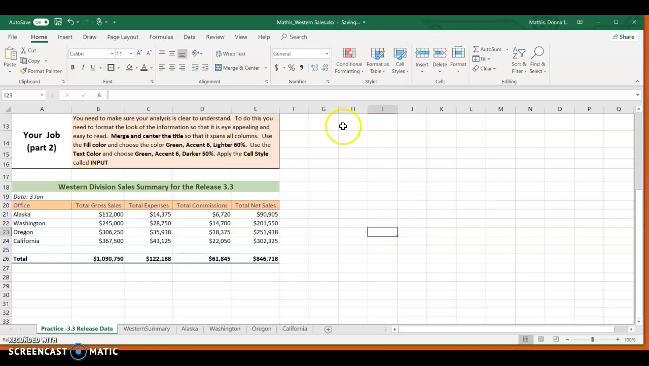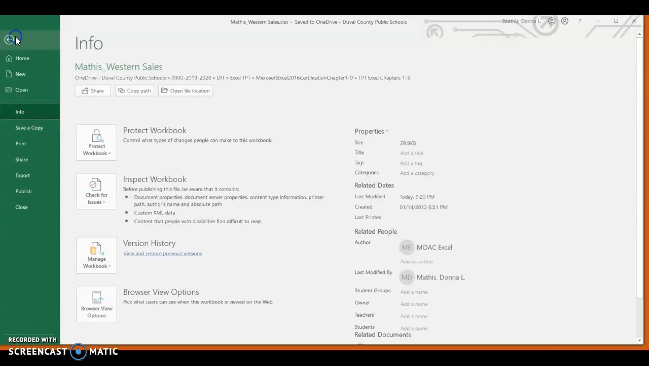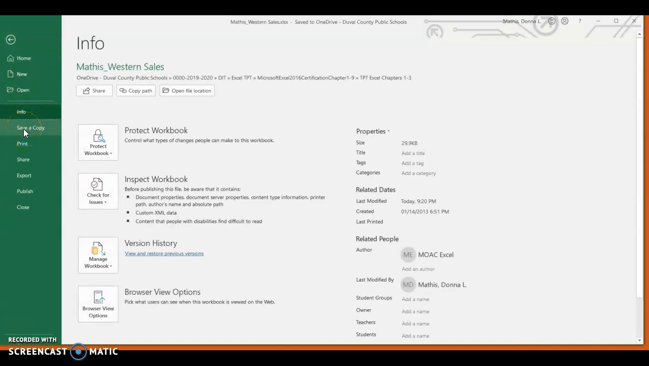Alright, so now once you've got everything settled, you should be saving your document. So now it's saved to my OneDrive. However, for you, it's saved as Mathis Western, and we all know that that's the wrong thing. So go to File, Save a Copy,